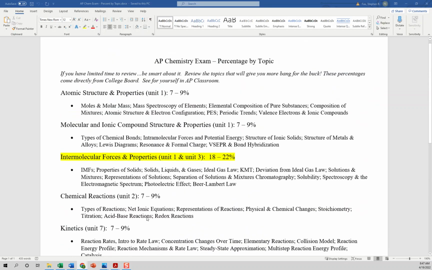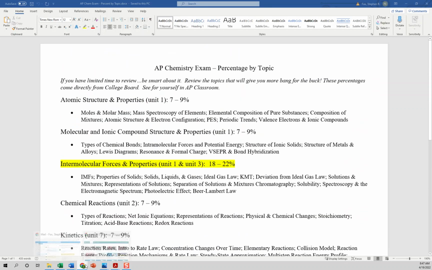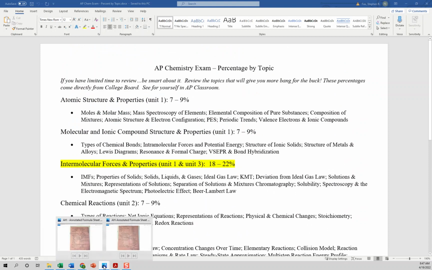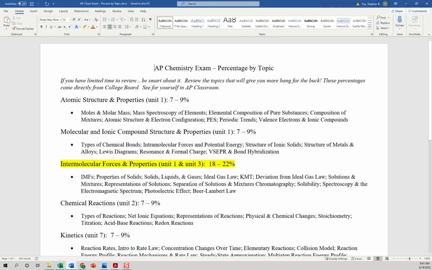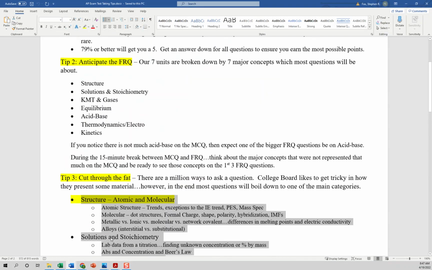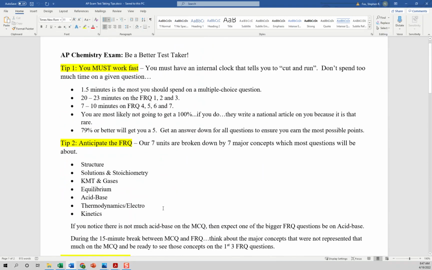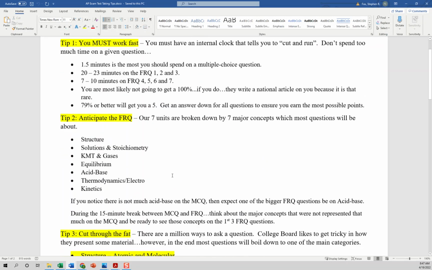So the other test taking skill, that I think is a good thing, will be more important on the AP exam than your final exam, because for your final exam you have the checklist, right? You know what's going to be on the FRQ and what's absolutely going to be on the multiple choice. But this will be a good test taking skill